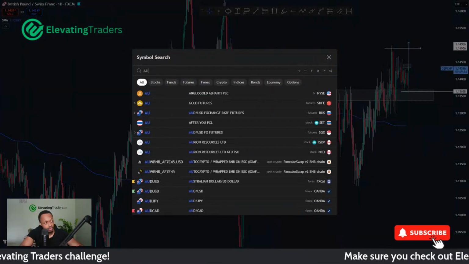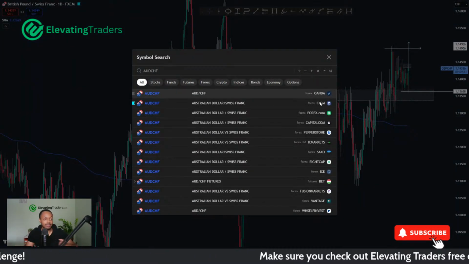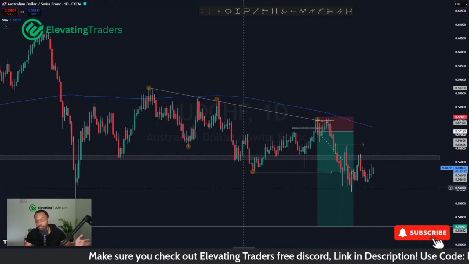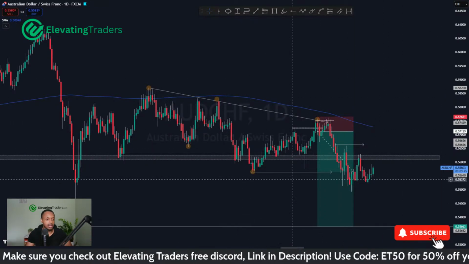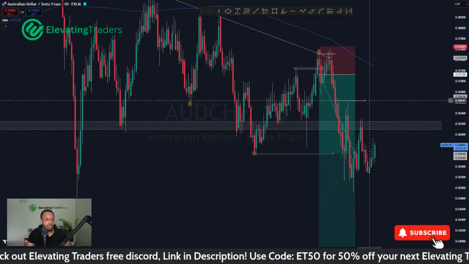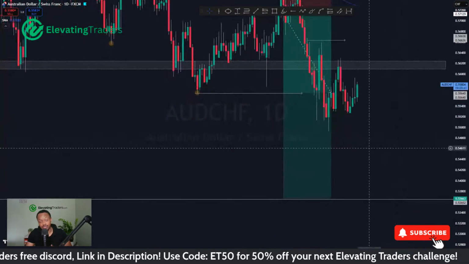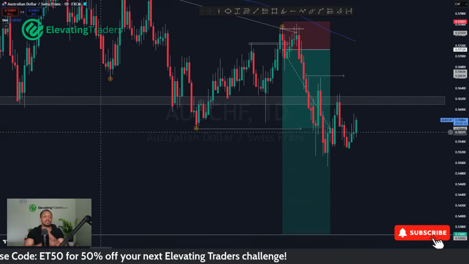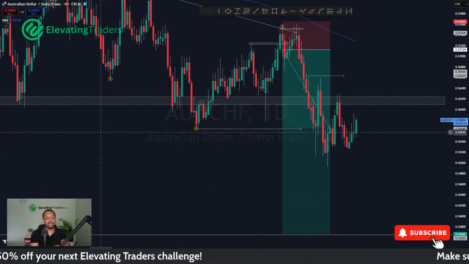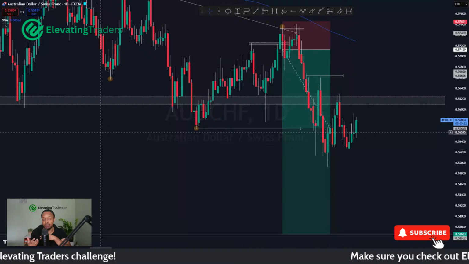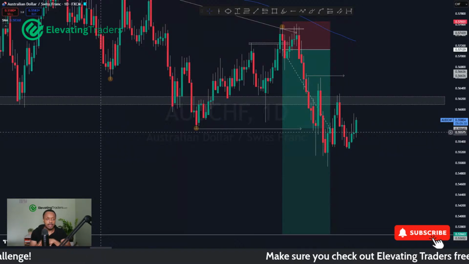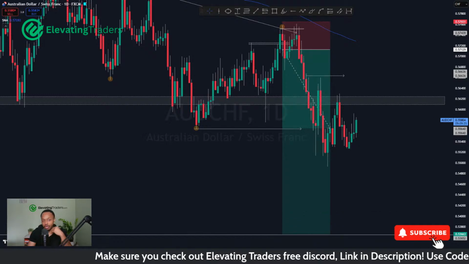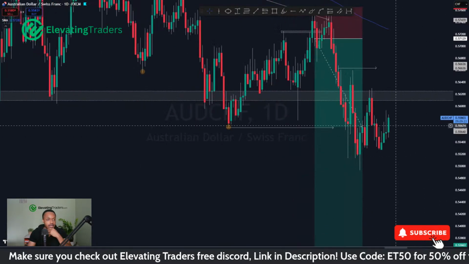Oz CHF, I'm still holding that position from a few weeks back now. Again, I'm just going to let price do its thing. If it gets to my overall target, whoop-de-doo. If it does push against me, I do have a trailing stop loss above the highs there. As I've said, I've already taken most of my profit at the low there, around 80%. So I'm not really too bothered about the remaining positions. The reason I do it is just to try and maximize my wins as much as possible. So if it can hit targets, great. If not, it's not the worst day in the world.